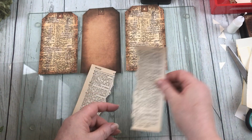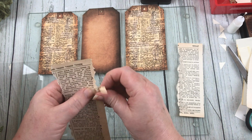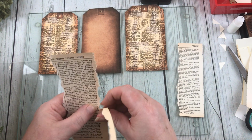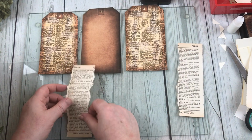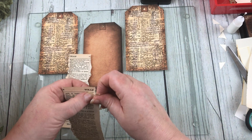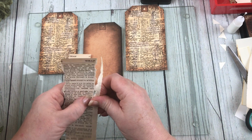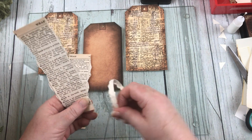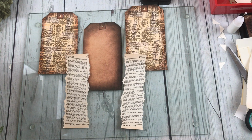the dictionary page. I'm going to tear off a bit of this excess as well. This just happens to be about the right sort of width. Let me just measure it. It's just over 2 inches. Sort of 1.5 inches would do you fine. Okay, and then you would ink these up as well. Yep, leave that. Take a bit off there. So you would need 2 pages for this, of this sort of size dictionary, because we're going to do the outside as well as the inside. Now again, I would ink those up before I actually glue them on, but just for ease of speed,